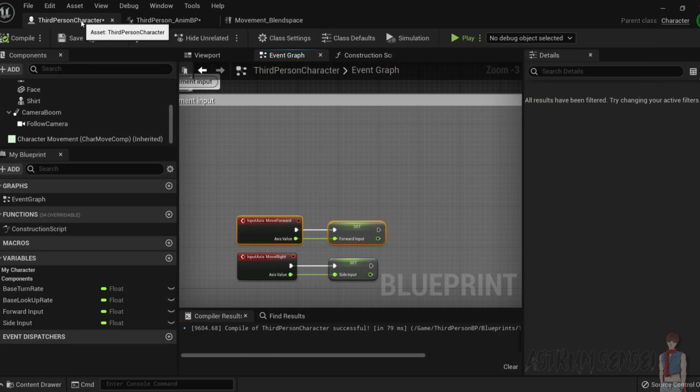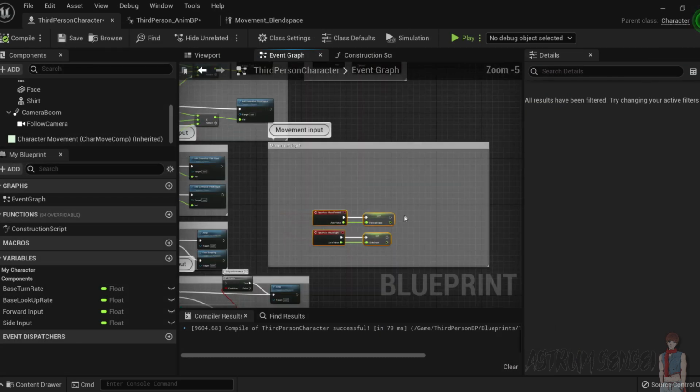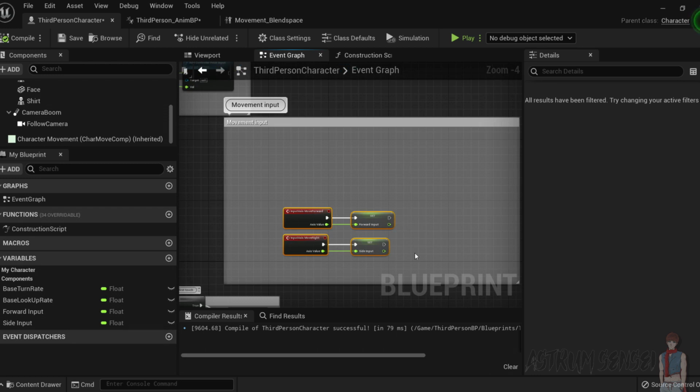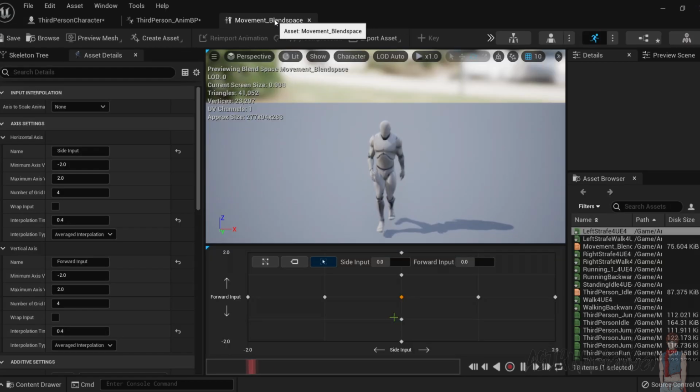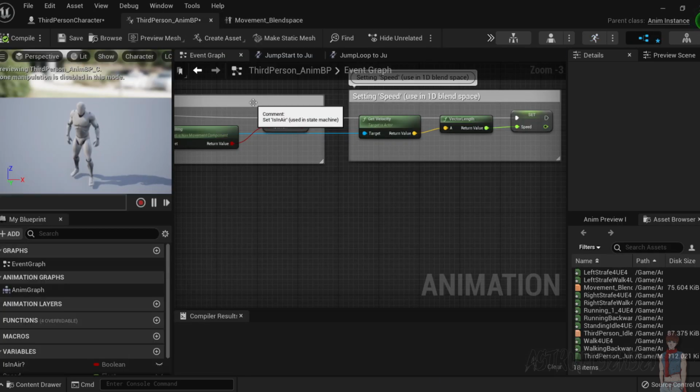And this way we are not actually moving the character at all. So the character will not be moving using this move forward and move right. What's going to be moving the character is that these animations are root motion animations, and they actually move the player forward. So we definitely can just get into more detail with it,